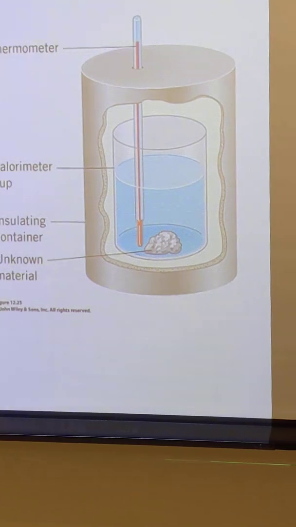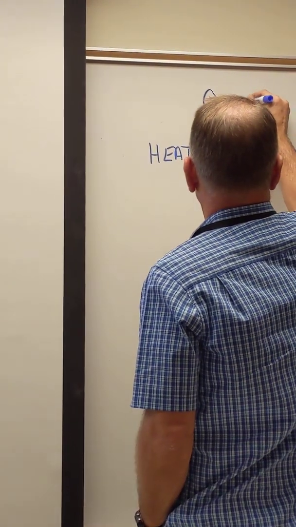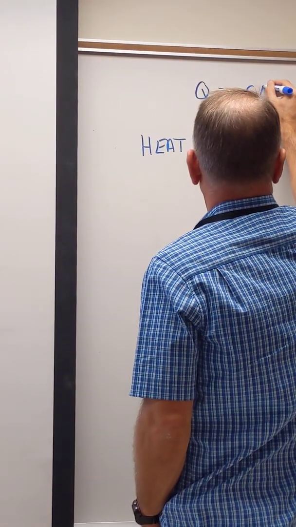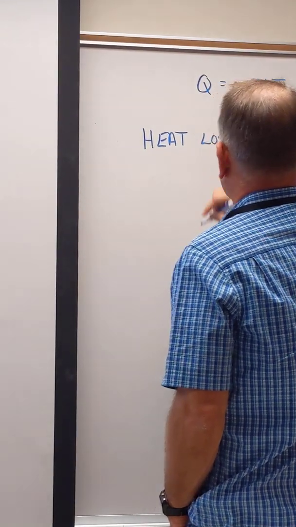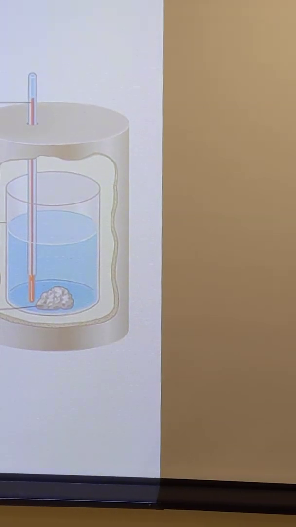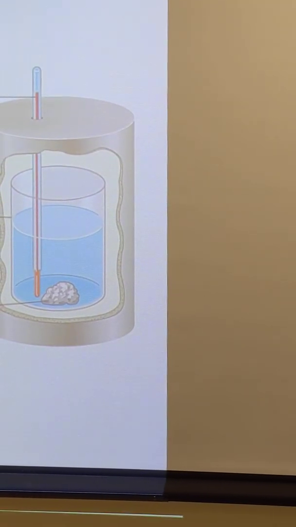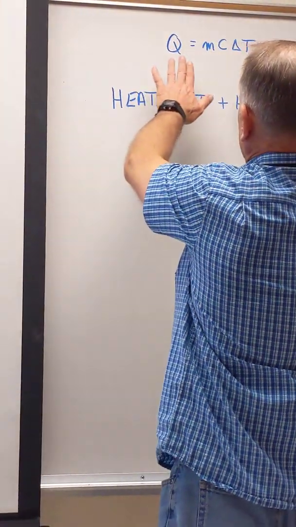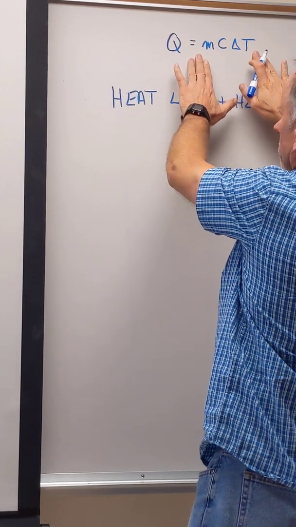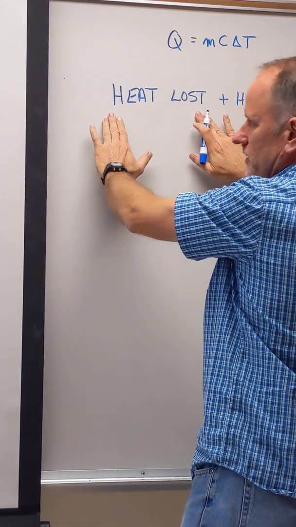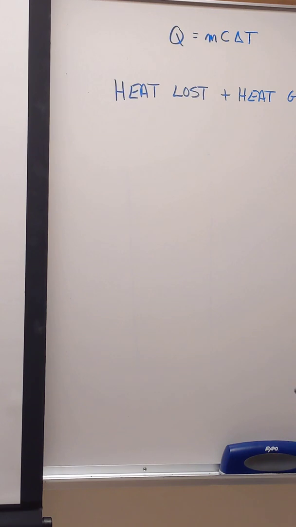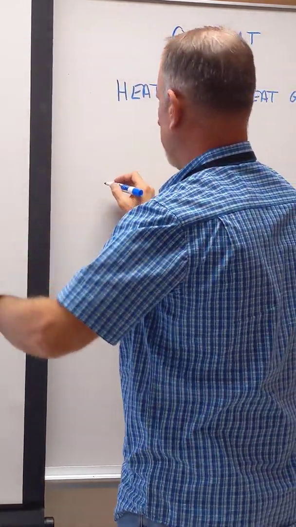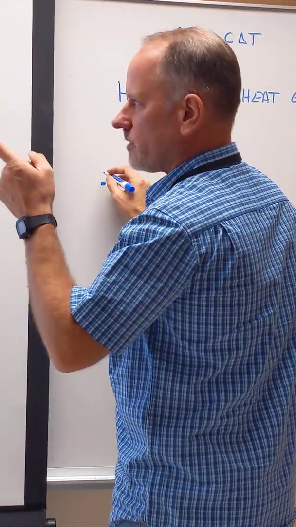So remember that Q is equal to mc delta T. This is the object that will lose the heat. This is the object that will lose energy. So how would we express that equation for the object that loses energy? We would say mass of the unknown, which is 0.4,